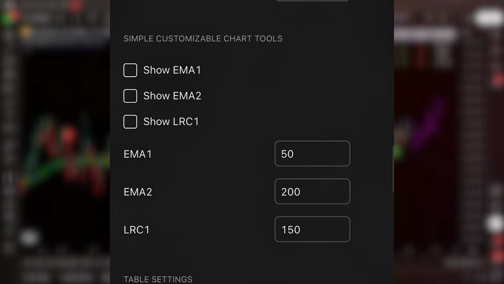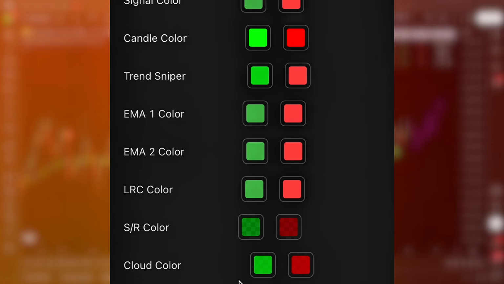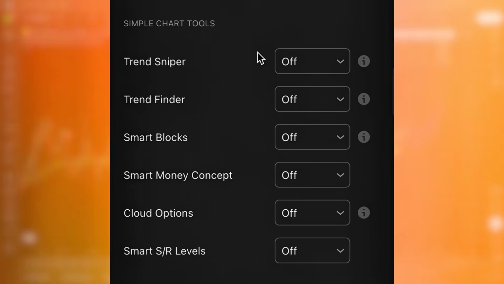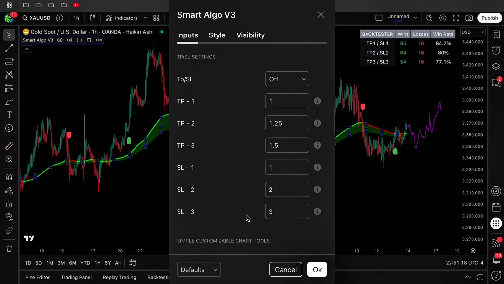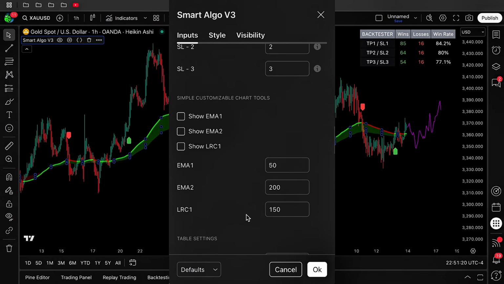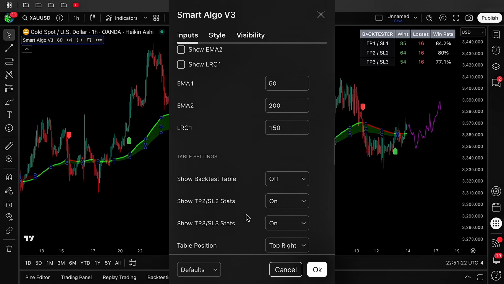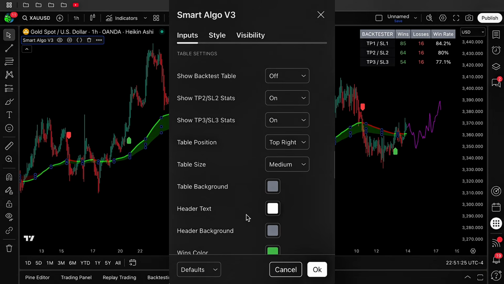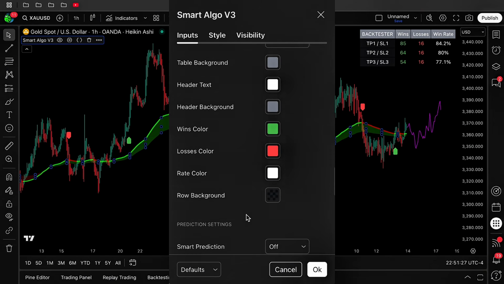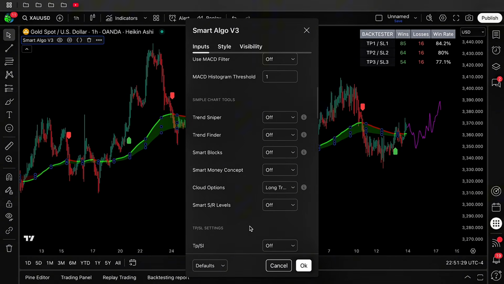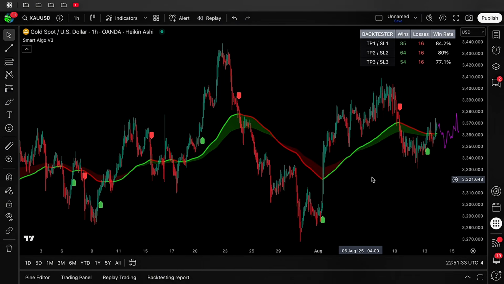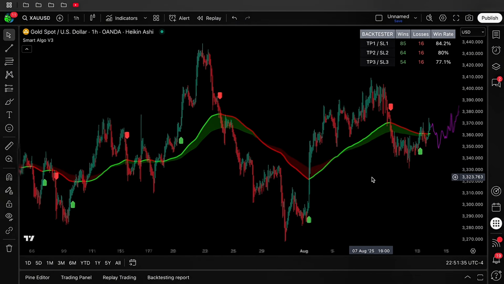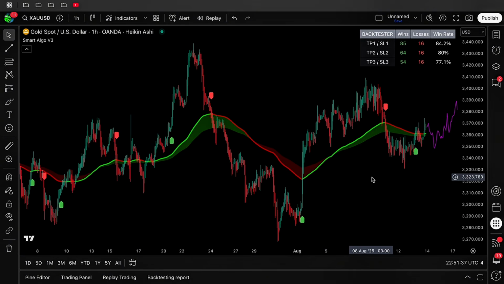resistance levels, EMA trend lines, candle coloring, and overlays like Trend Sniper, Trend Finder, Smart Blocks, and Cloud Options. But these aren't just copy-pasted from the last version. The structure plotting is cleaner, support and resistance lines update more reliably, and everything lines up better with the main signals. One of my favorite things is how you can flip from a minimal execution-only chart to a fully loaded institutional view in seconds. You don't have to commit to a busy screen, just toggle the tools you need when